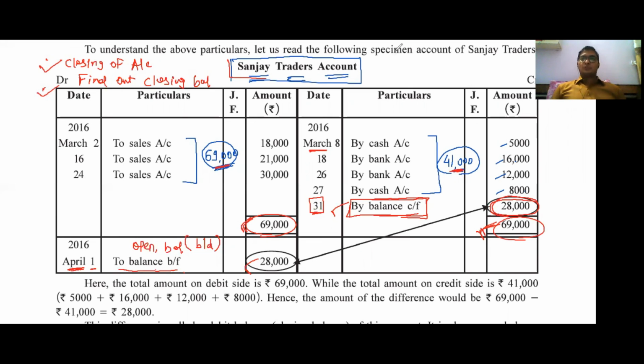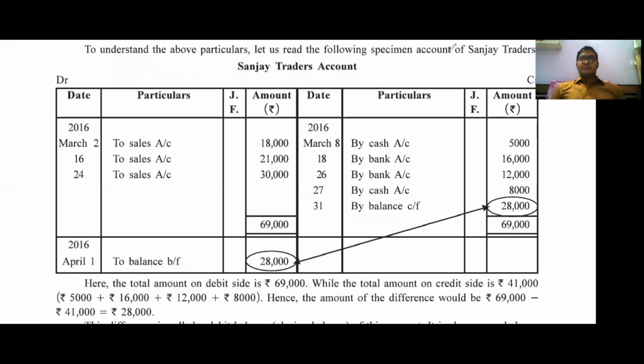Okay. So finally, this chapter is over. We have completed the journal entry and its ledger posting, simple subsidiary books as well as columnar subsidiary books and its ledger posting. Then after cash book, petty cash book, and here it is the last topic, balancing. Okay. So from the next class, we are going to start a new chapter that is called trial balance.